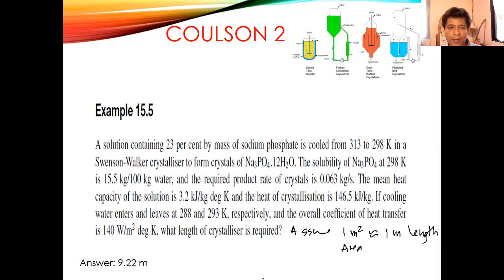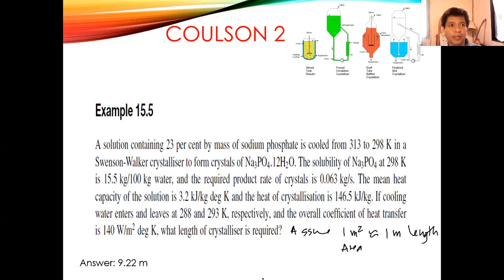So the mean heat capacity of the solution is 3.2 kilojoules per kilogram per degrees Kelvin. And the heat of crystallization is 146 kilojoules per kilogram. If cooling water enters and leaves at 288 and 293 Kelvin, so meron tayo, siyempre, paano ba lalamig yung solution? So generally, gumagamit ng water. So at 288 to 293, this is mga 15 degrees Celsius yung tubig, tapos paglabas niya, 293 is 25, di ba? Ganun. Para ma-imagine nyo,